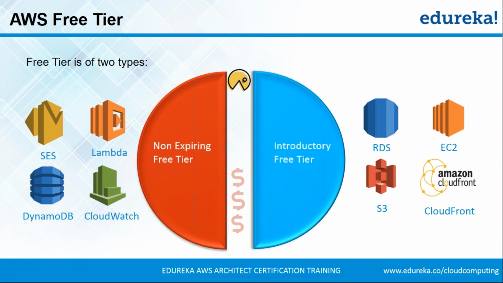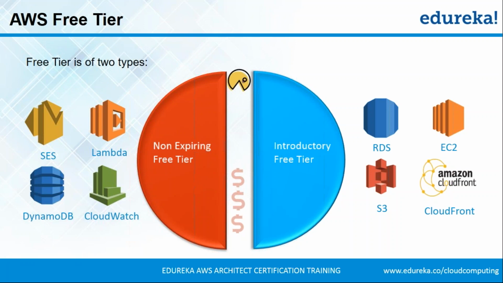Next up, we have DynamoDB. So DynamoDB is a non-relational database management service. So it's a management service which manages NoSQL databases for you, right? So it is just like RDS. So it does the same tasks as RDS, but the difference is it manages the NoSQL database. Next up, we have CloudWatch. So CloudWatch is an all-in-one cloud monitoring tool. So we discussed in the domains how CloudWatch can be used. So yeah, that is all about it.